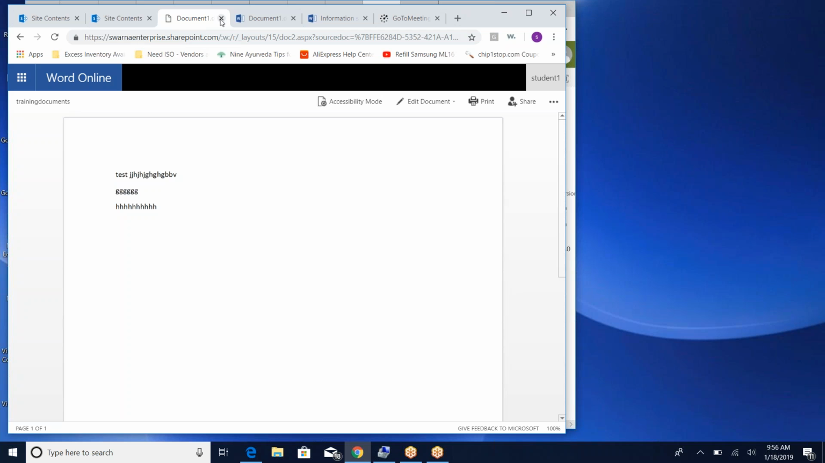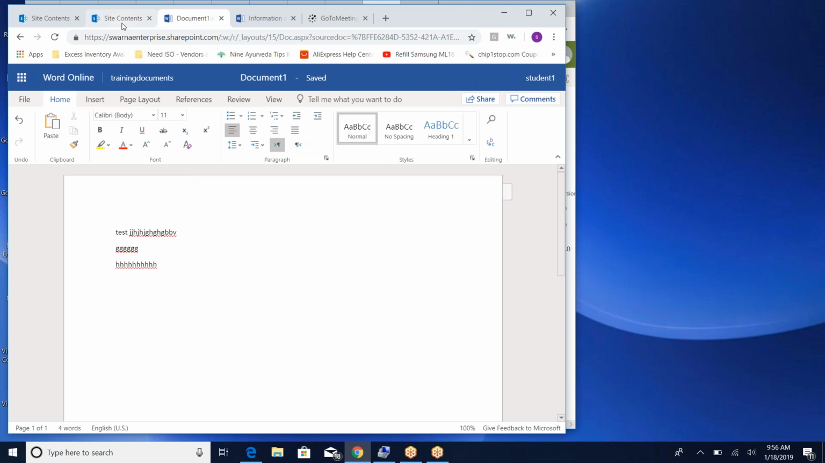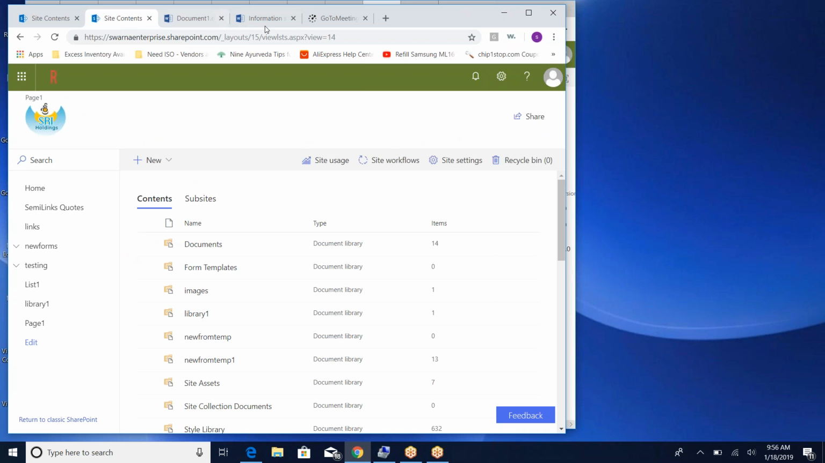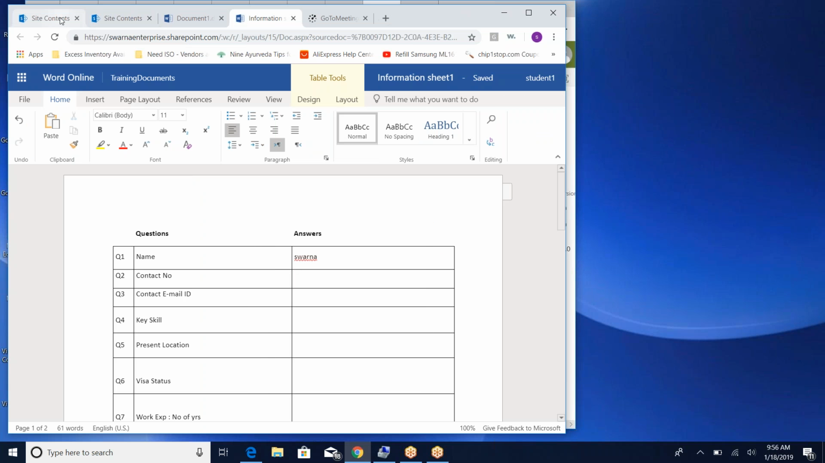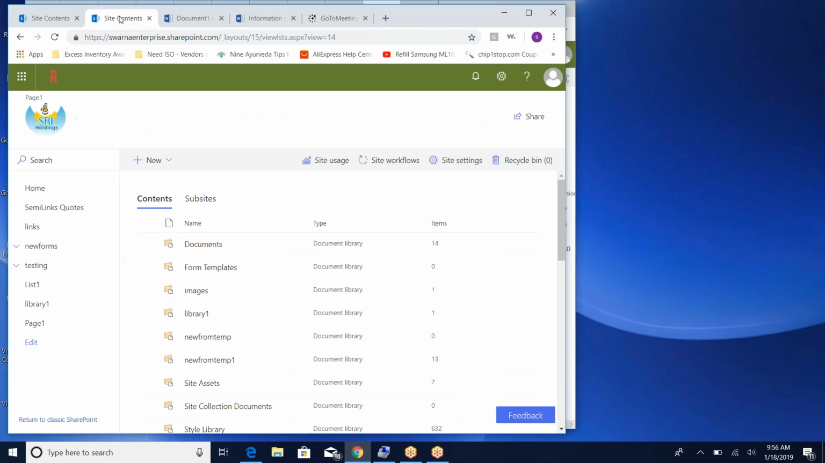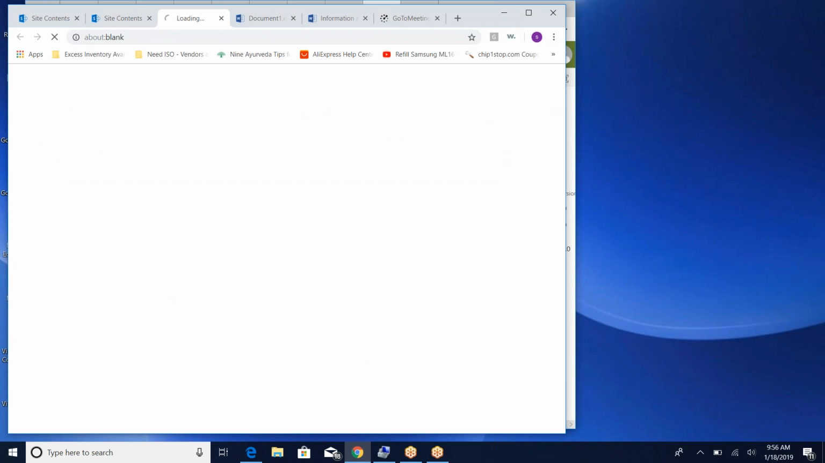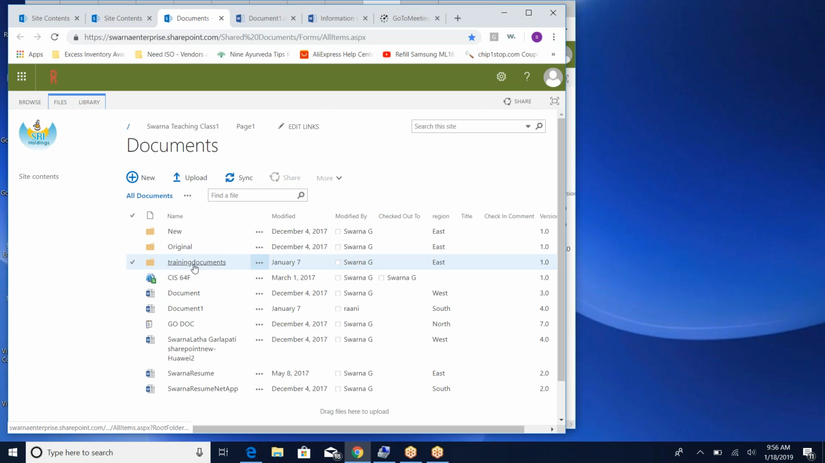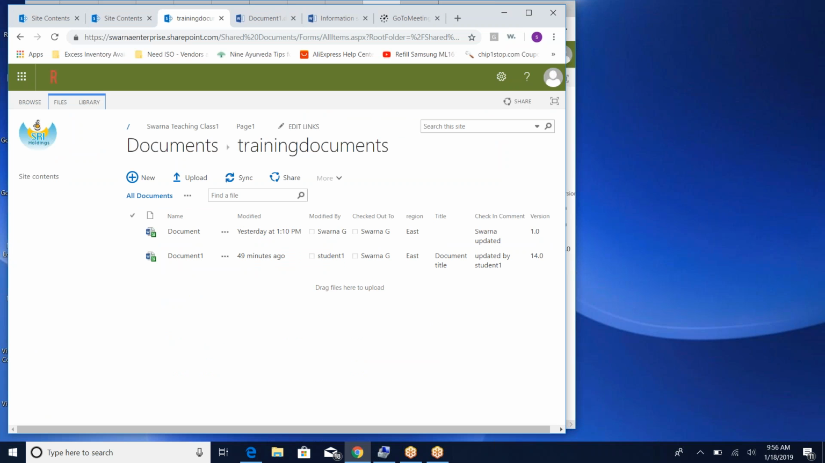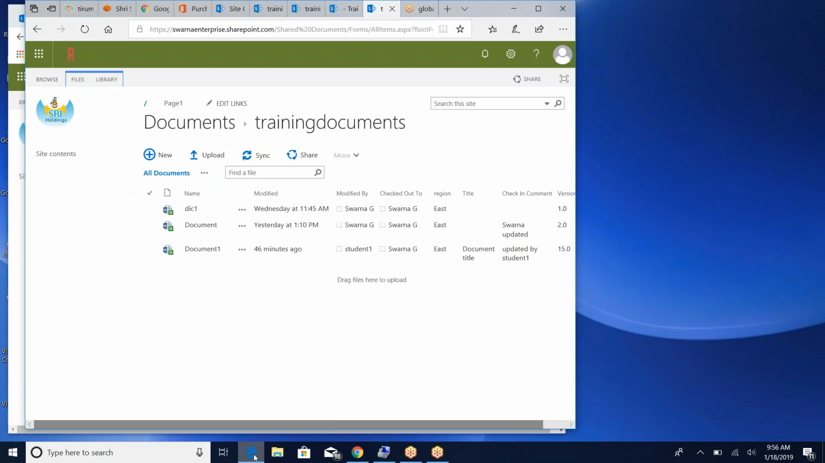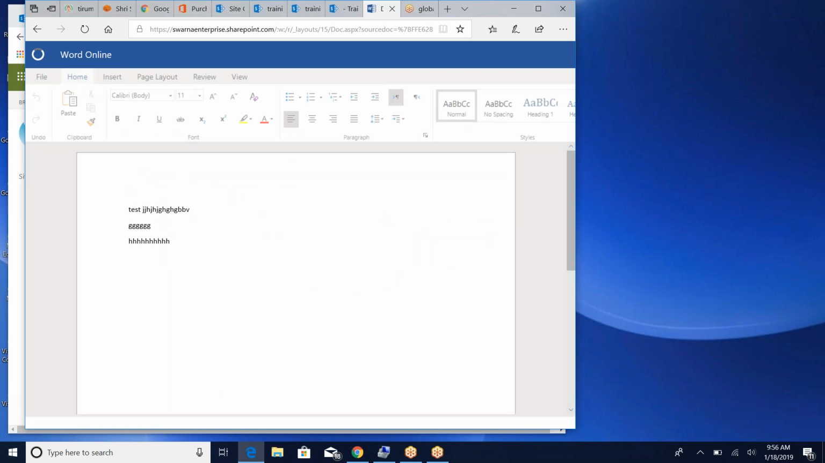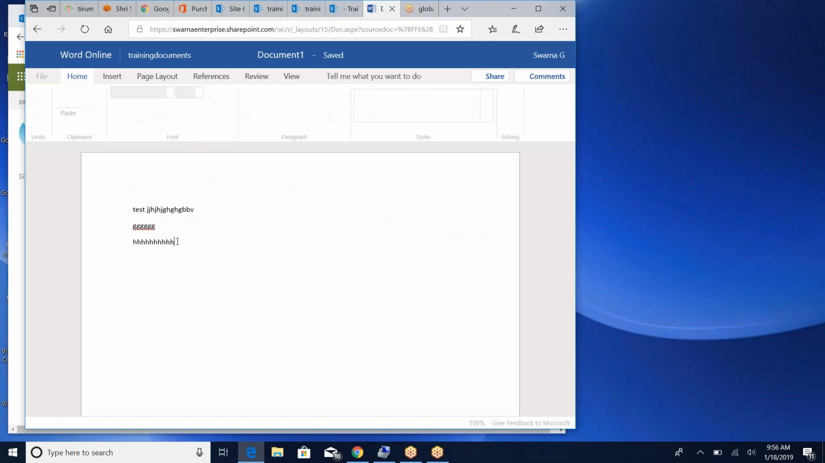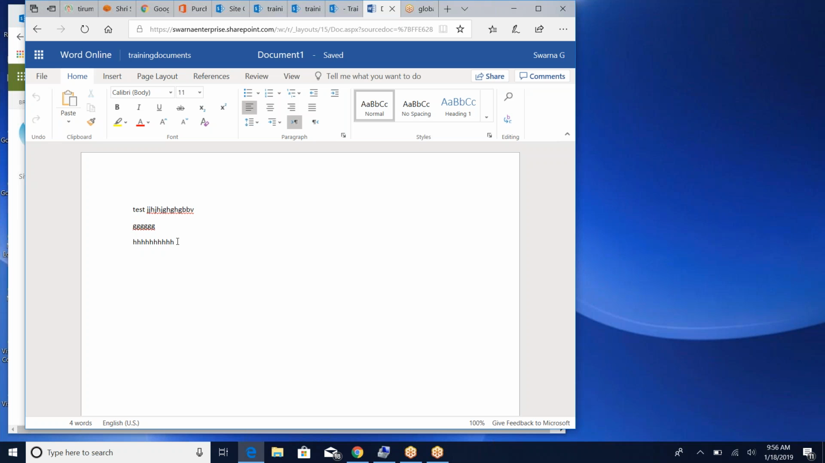save anything. Just simply close this, or just go back to the site contents and documents, training documents. I'm trying to get back to the same path. Now what Swarna can do, Swarna is trying to edit something in this document. I want to show you how these changes are going to affect things once the file is checked out. And doing my update